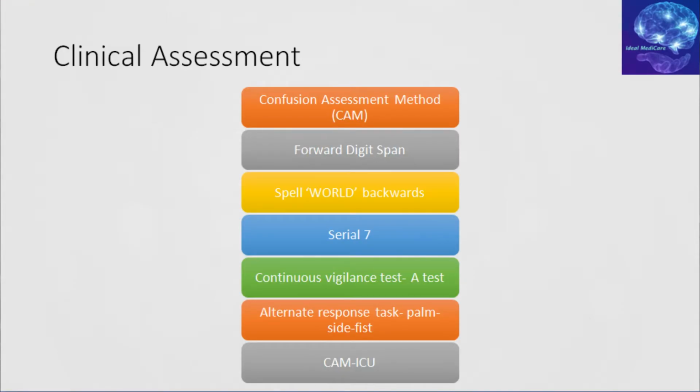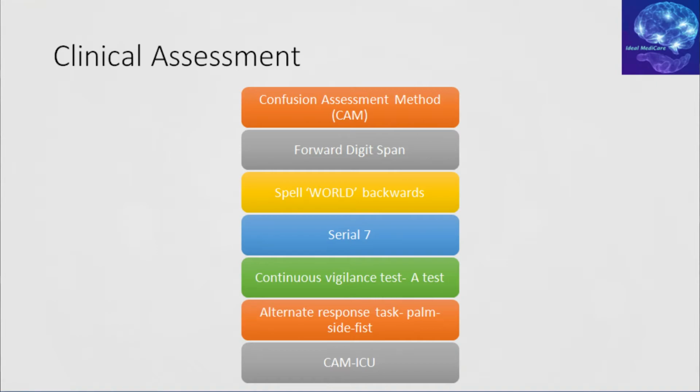Coming to the clinical assessment of these patients, which is more directed towards delirium, we do the confusion assessment method, which I'm going to discuss in my next slide. And there is a forward digit span. In the forward digit span, we start with 2 numbers and can go up to 7 numbers. These could be any random numbers from 0 to 10, but they have to pick them up, and we gradually increase the difficulty level. So we go forward and give them 3, 4, and 5. If they are able to pick up to 5, most probably they are not having delirium. But if they recall fewer than 5 digits, there is a possibility of delirium. Or we can do spelling a word backwards.